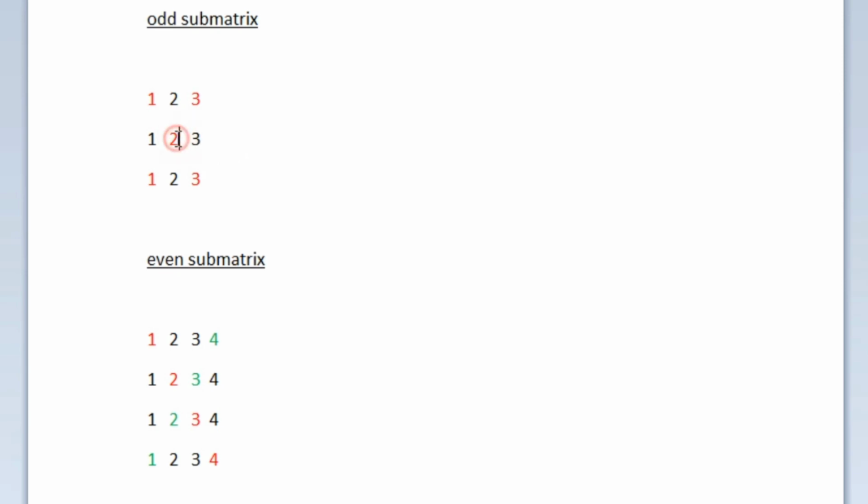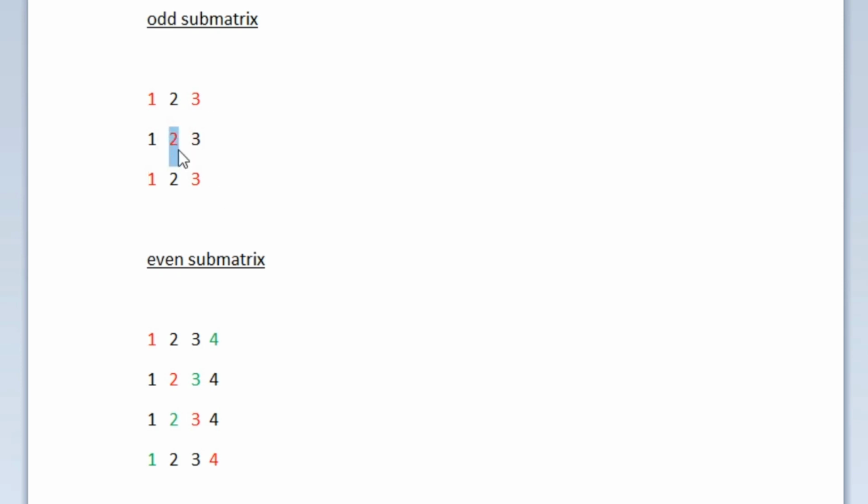So the sum of all the diagonal elements in this case would be, first let us calculate the sum from top left to bottom right. So 1 plus 2 plus 3, that would be 6, and then the bottom left to top right diagonal again 1, 2 and 3, but we should not include that 2, we should be adding only 1 and 3 because we have already added that 2 in the top left to bottom right diagonal.